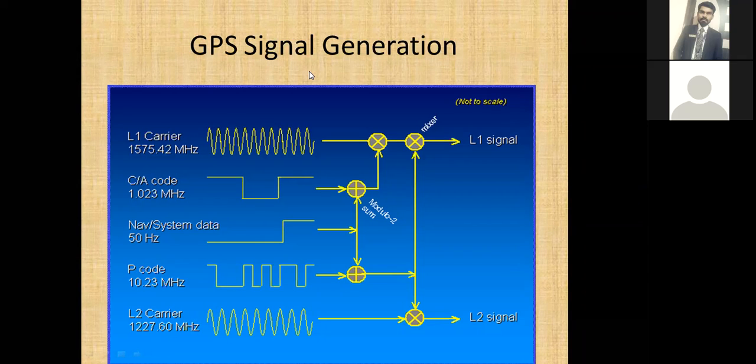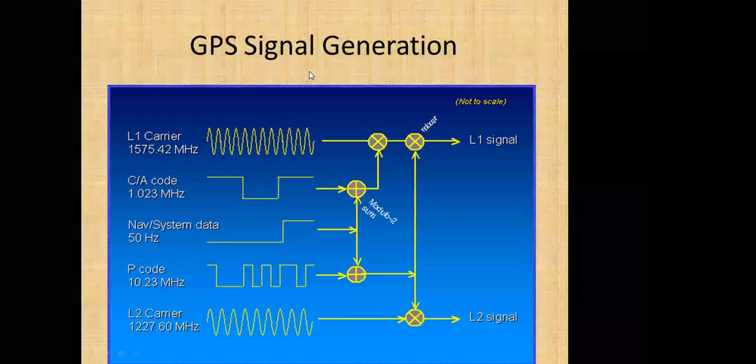The navigation message contains the satellite ephemeris, meaning the satellite location, and the satellite clock bias error. The C/A code and navigation data are XORed with each other. The navigation signal generator will do the modulo-2 sum of the C/A code and navigation data, and the result is then multiplied with the carrier. The navigation signal unit will do the BPSK modulation and then transmit the signal.